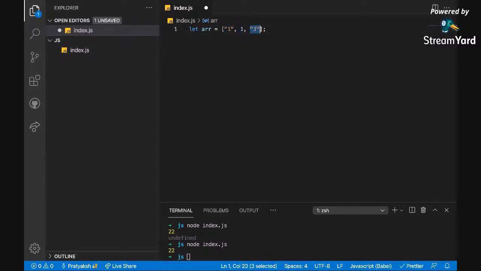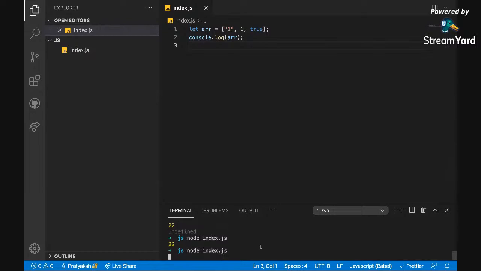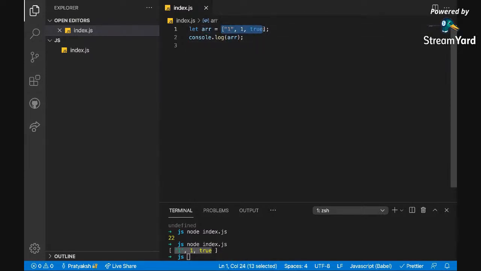I can have an element of Boolean also. And then I can console.log arr. It will return you a list of elements. So now my one variable can be used to address the entire list. Instead of declaring three separate variables, I just made an array and I can access all those using one element.